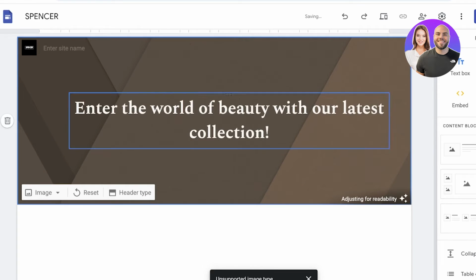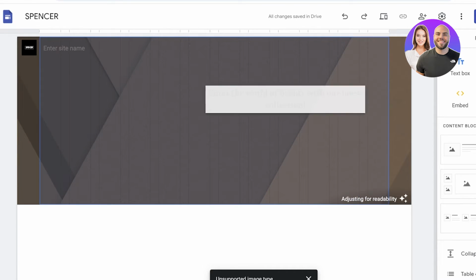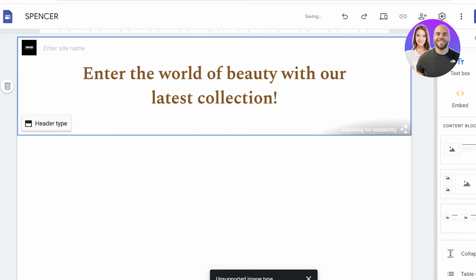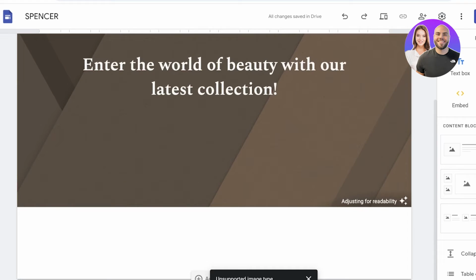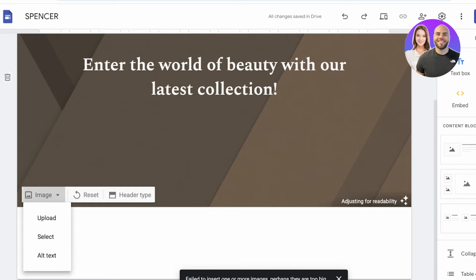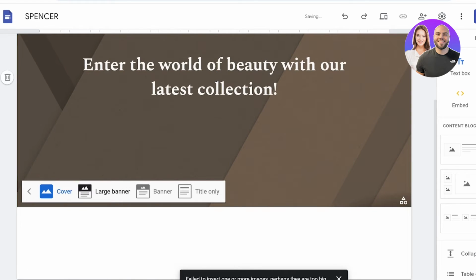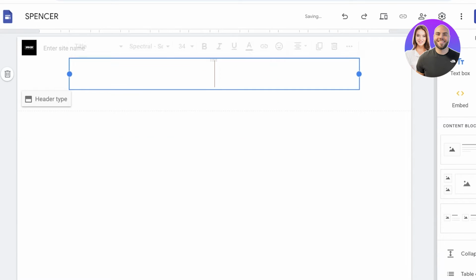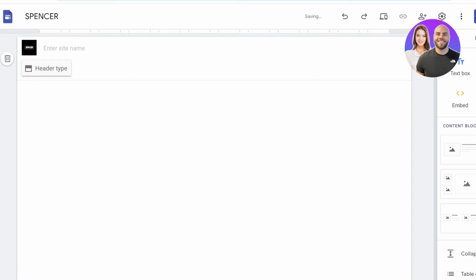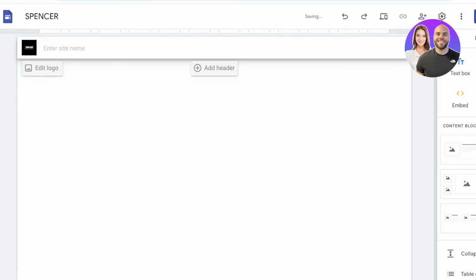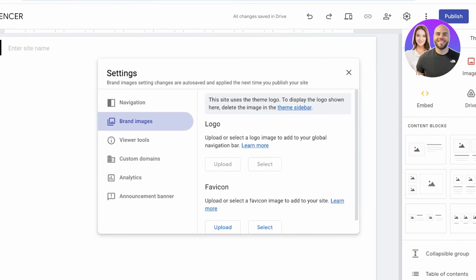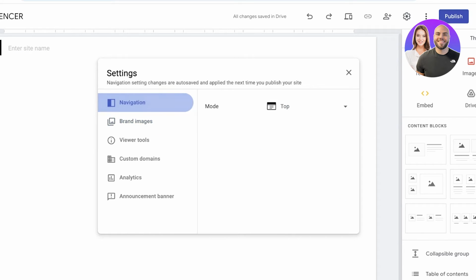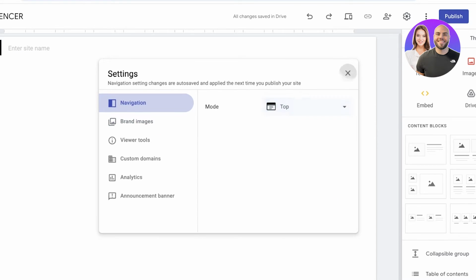Now our image is being adjusted for visibility, but I think I might want to actually change the header type. And if I go for image, okay, so my image has a different file type. And I'm just going to change the header type to title only. Or if I don't have a header, if I go into a basic header like this one, I can just keep it very regular. Then I'm going to click on this, click on navigation, and I'm going to choose top